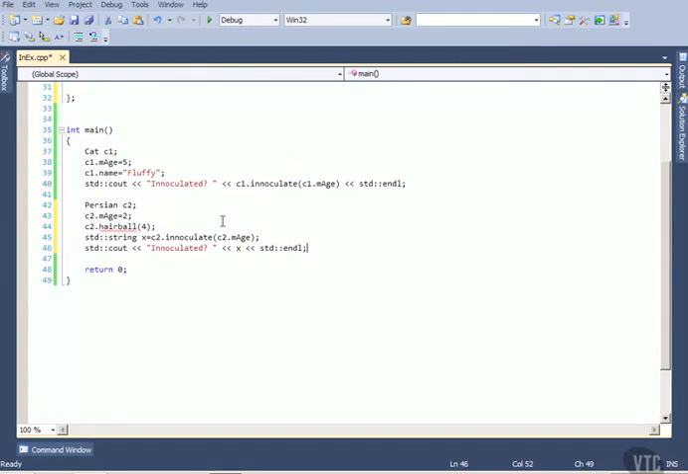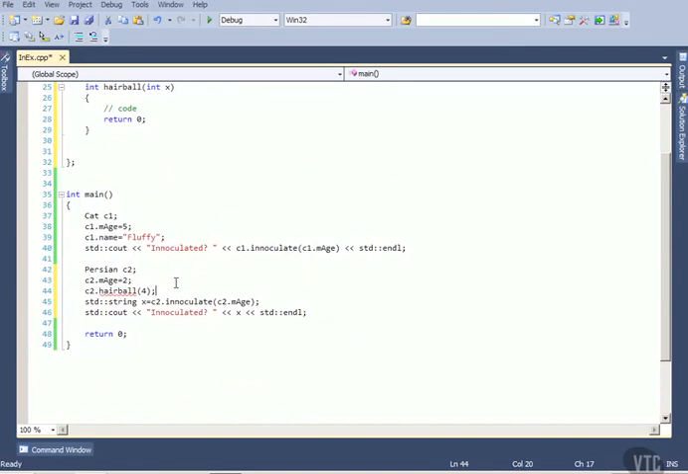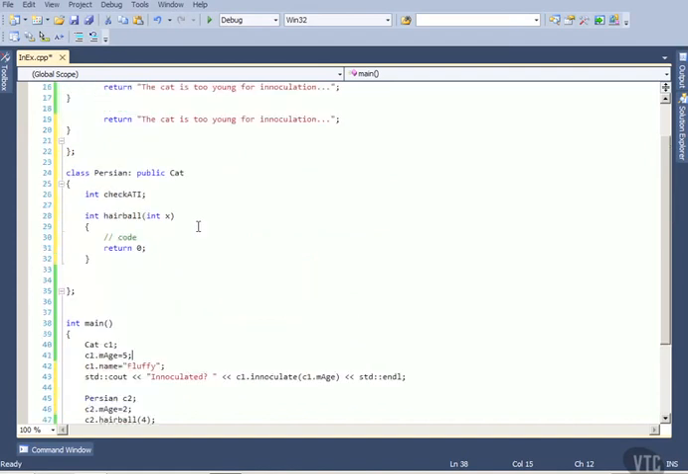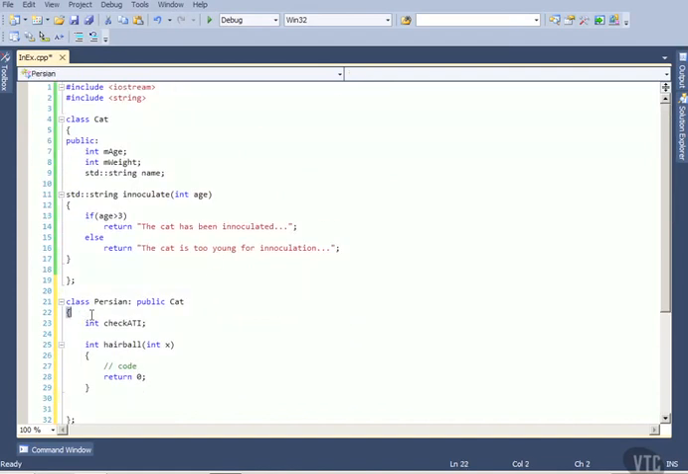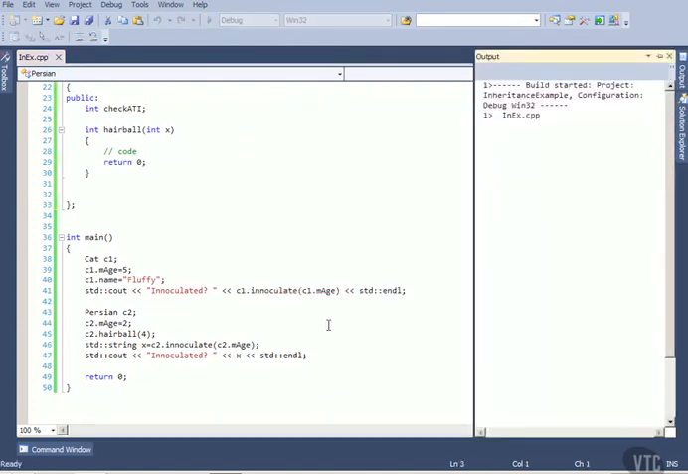All right, so if I add a little bit of functionality in here, all right, and notice that I am trying to call hairball here, and it's not liking it. It is because, oh, guess what? One thing I forgot to do in my Persian class here is declare this stuff as public. All right, so now my little line will go away. So notice I'm setting the age of Persian. I'm passing in a 4 on the hairball, don't know why. And then I'm calling inoculate. I'm passing the age to C2, and then I'm going to check inoculated. Okay, and so I will recompile this,